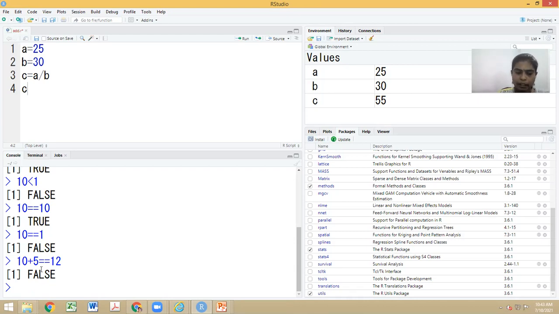Now I want to edit the same command and execute again. So how do I do that? I can use the arrow key, so I will be able to retrieve my previous command. Then I can go in and change the value. So now I'm changing this 12 into 15. So I want to check 10 plus 5 is equal to 15. When I hit enter, I'm getting the result as true. So it means that I can have any arithmetic operation. The end result of the arithmetic operation will be compared with the value which we have specified on the right hand side of the expression.